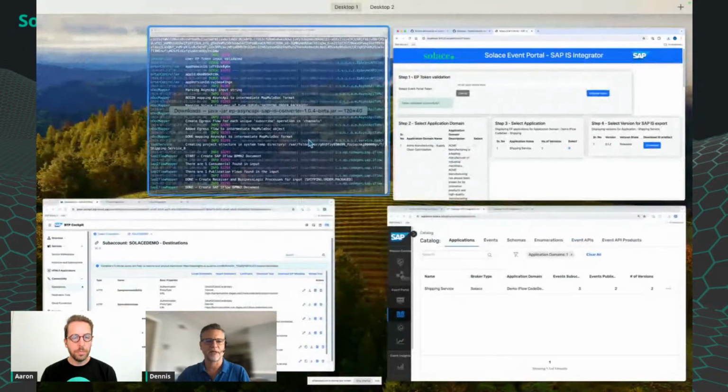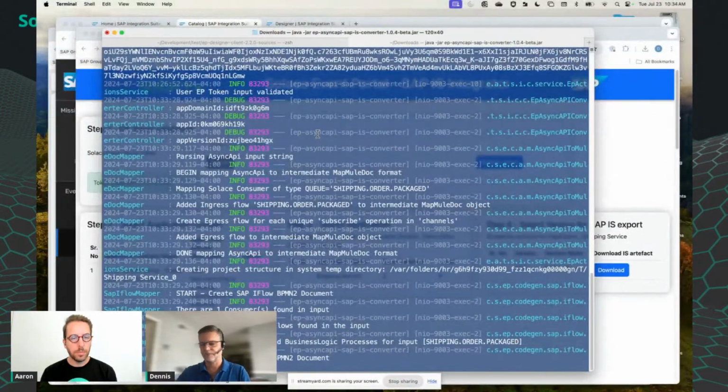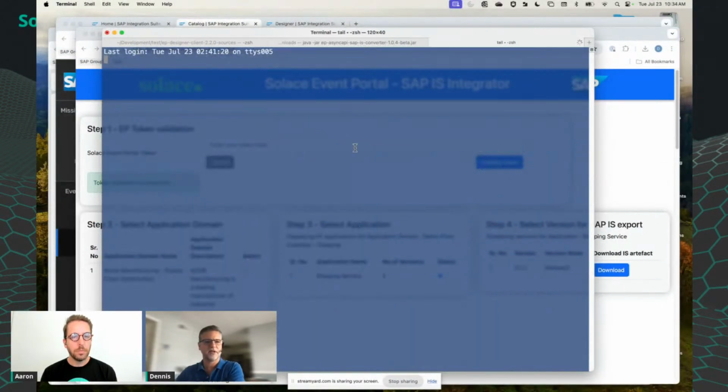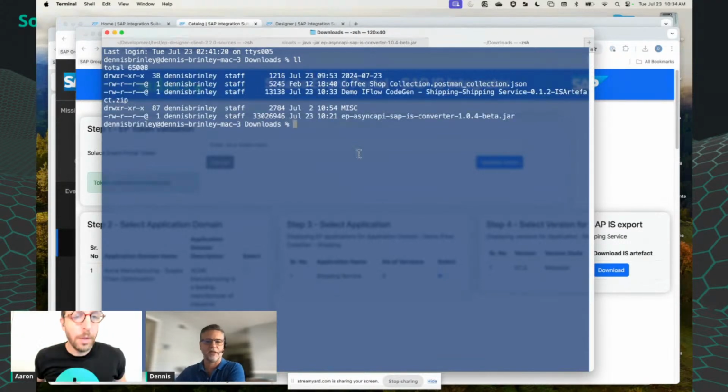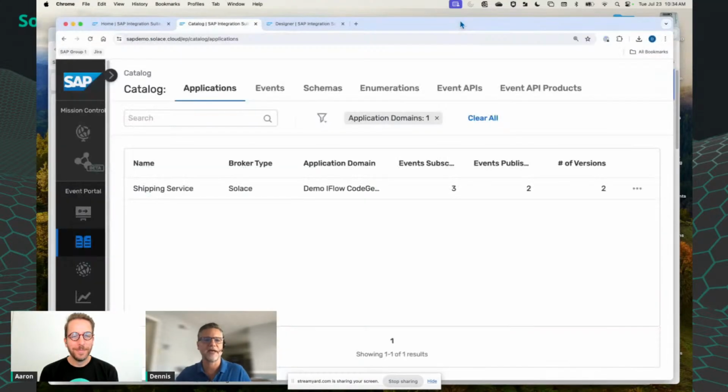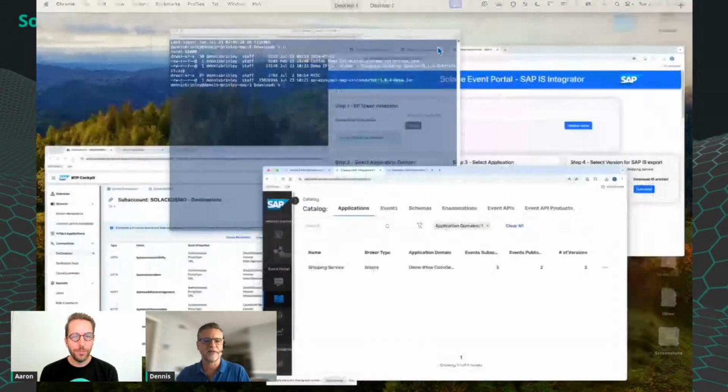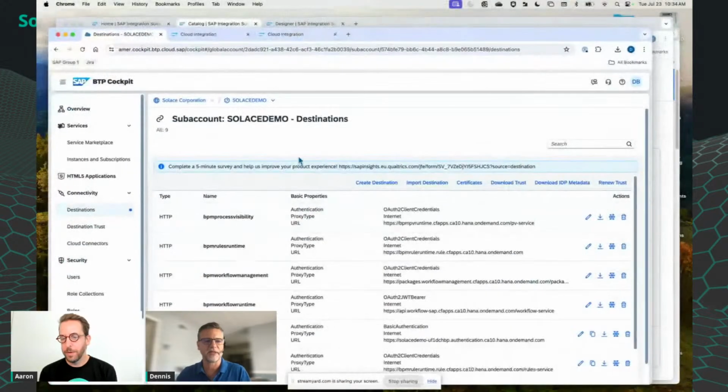Yep. So if I go back into my downloads directory, which is currently busy, and go in here and create another version of that and just check it out, this is what we just generated, right? iFlow codegen. This is the application domain, shipping service. Nice short name, and definitely identifiable. So there's that. Once we have that, then we can go back into our